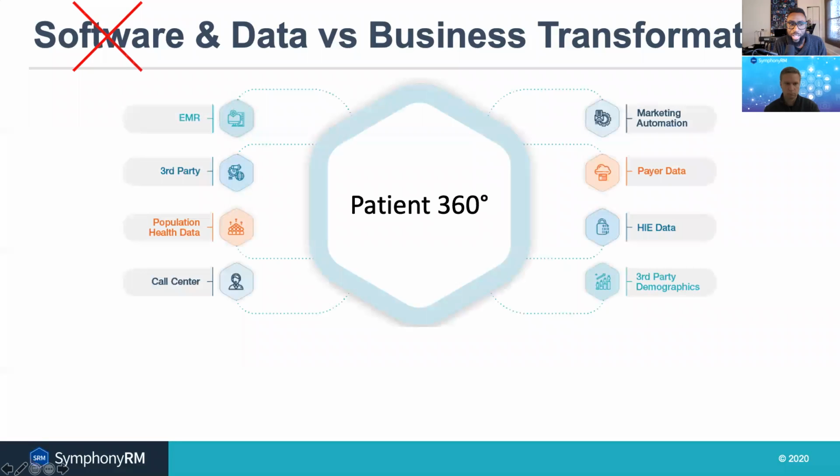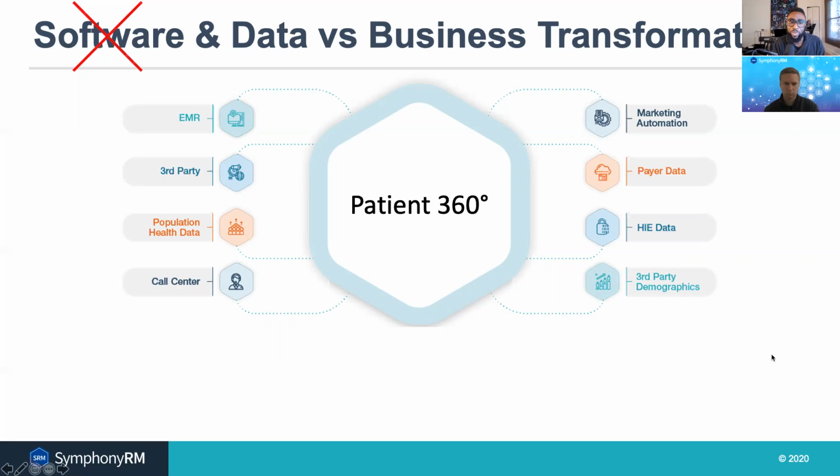So if one piece of software isn't the answer, what if exchanging data between those pieces of software is the answer? There are companies like Experian that track people's activity out in the market as they swipe their credit cards. There's population health data from insurance companies and others, call center interactions, and the interactions that we track from a marketing perspective. So what if we take all that and put it into one place, call it a patient 360, will we get a proper patient experience?